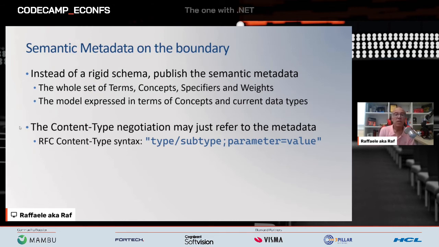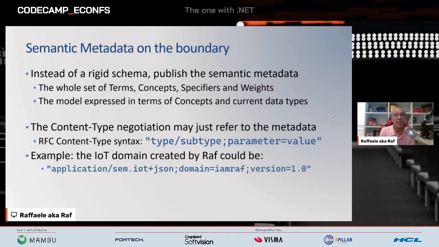Of course, we know the standard is type, subtype, parameter equal value. One hypothesis I made that I am still experimenting with is this: what if I have a domain in the IoT space that I created, just my own, in a distributed application with 100 small devices, 100 Arduinos that push temperature data on a queue? And I could use the application